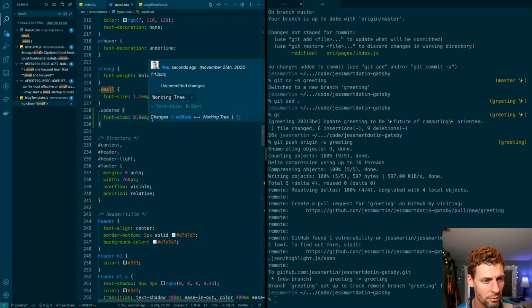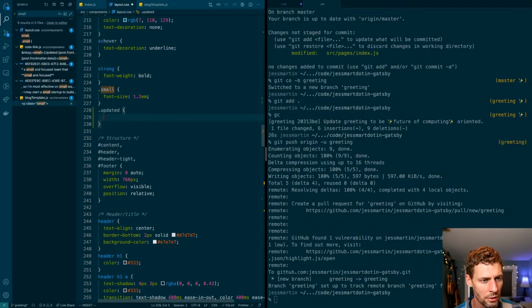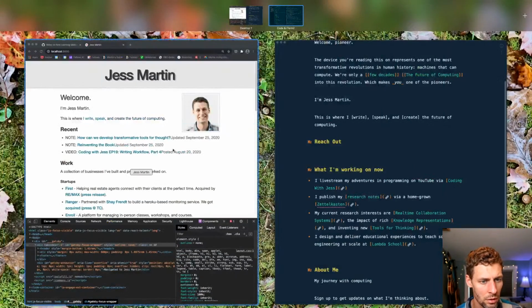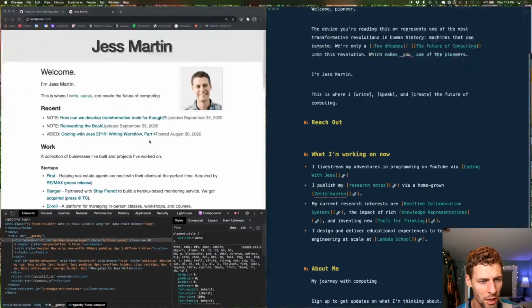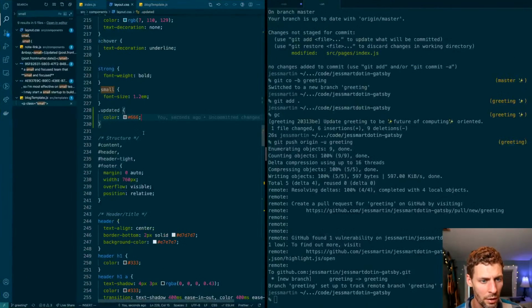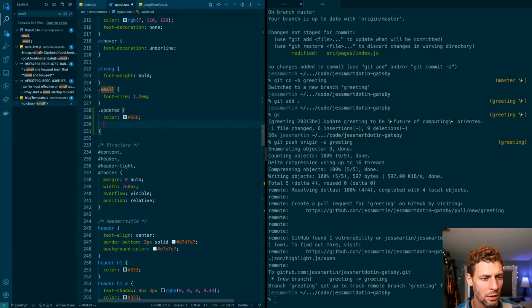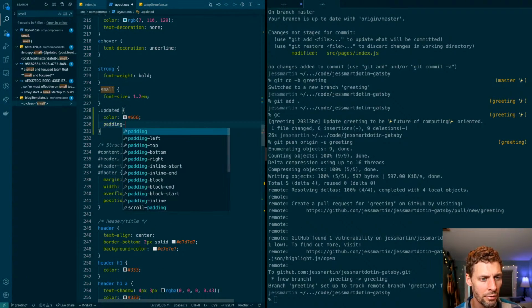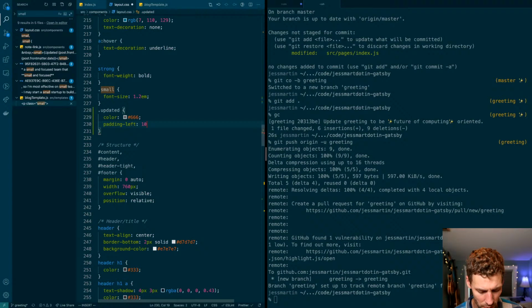You know what? It might not need a size change at all. Let's start with the color change, and we'll go with like a 666 or so. All right, that's not bad. And then I'm going to go with probably a little bit lighter, and then we'll need to do a padding on the left to bump it out a little bit from